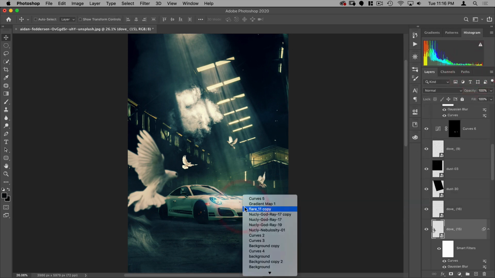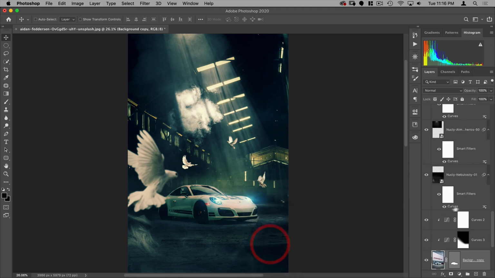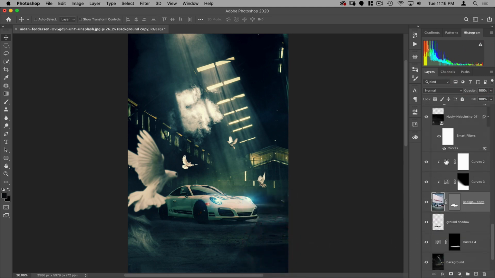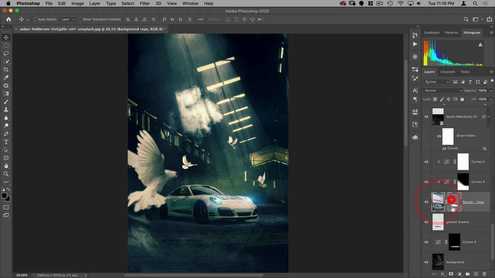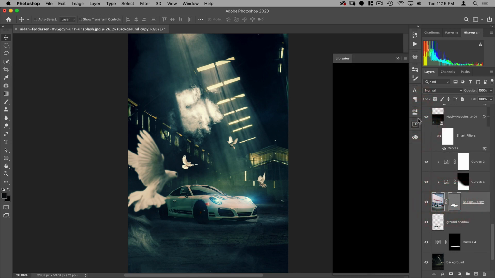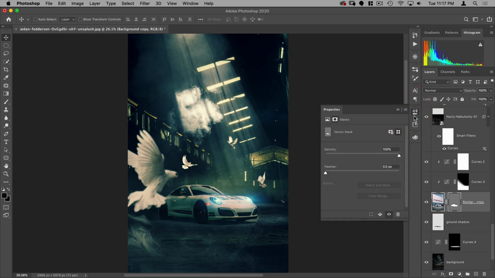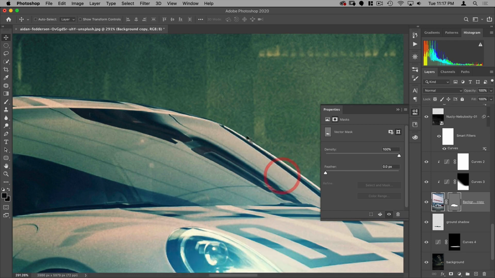And on the car, I want to adjust this curve just a tiny bit as well. And on this mask, this is all just kind of fine tuning work, but I want to add just a tiny bit of feather so it's not so sharp. And 0.9 will do it.